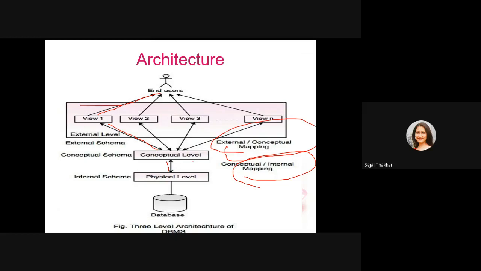If some query comes between the conceptual and physical level, it is going to map with that particular data. For example, suppose I want to replicate the account information of some of the employees. I want to store it in a different hard disk or different CD drive or pen drive. Then it is going to map with that particular data only. It is not going to map with all the data. So conceptual-internal mapping and external-conceptual mapping occur in between in the architecture.